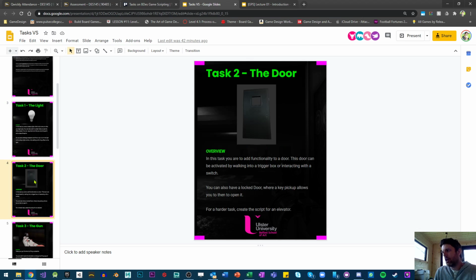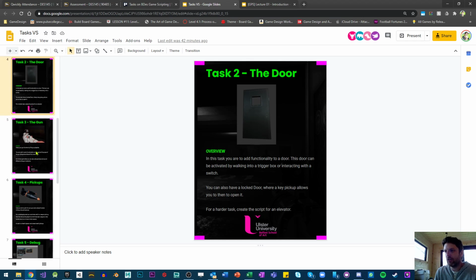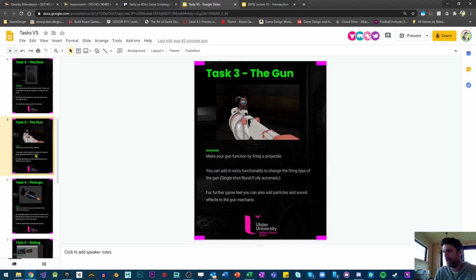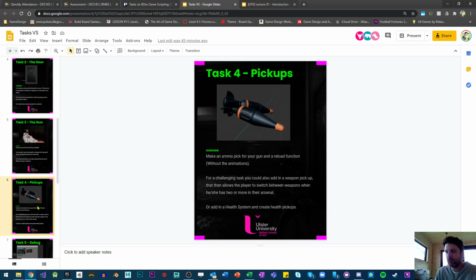And then it goes on like creating a door, and the harder task in the door is creating an elevator, creating guns and weaponry, maybe different shot types like single shot, burst, fully automatic, pickups for health and ammo,